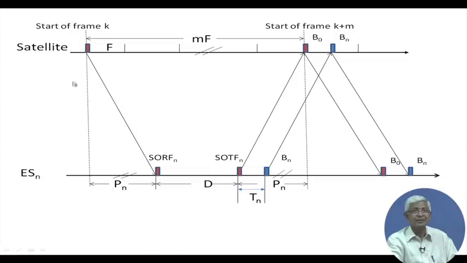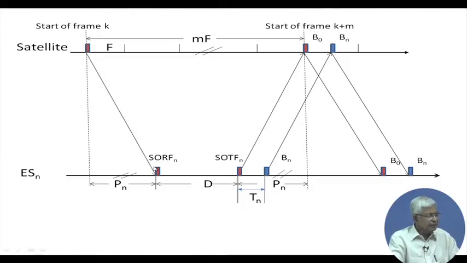In pictorial you can see what is happening at the satellite: here is the reference burst B0, and after m frames, m times f, where f is the frame time or frame number of bits, whichever way you calculate, after m frames this whole thing is happening. Now, at the same time at the receive station, this particular station,